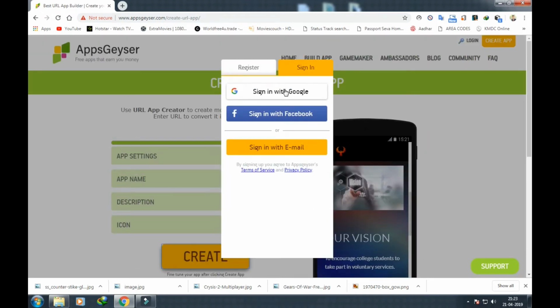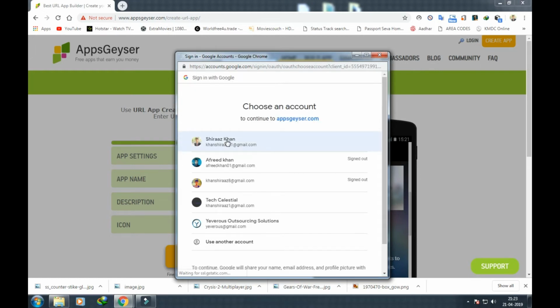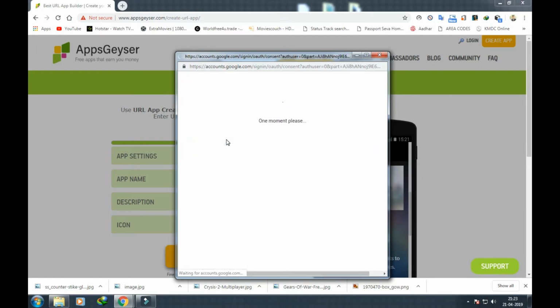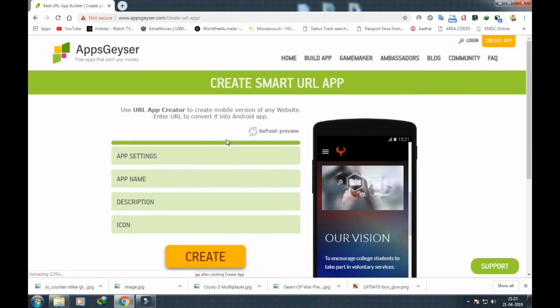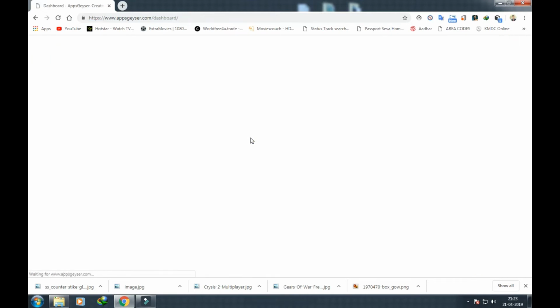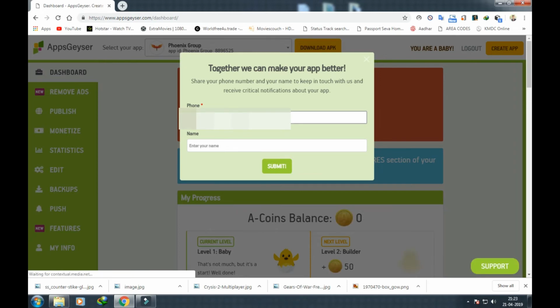Sign in with your Gmail or Facebook account. Enter your mobile number and name.